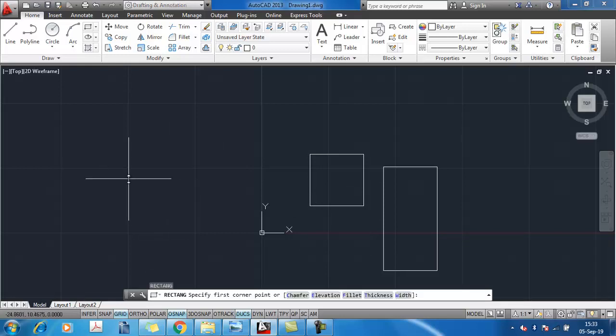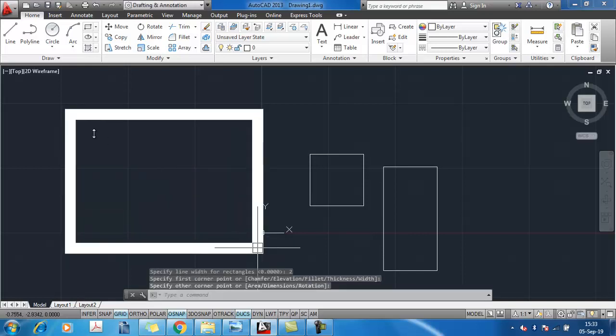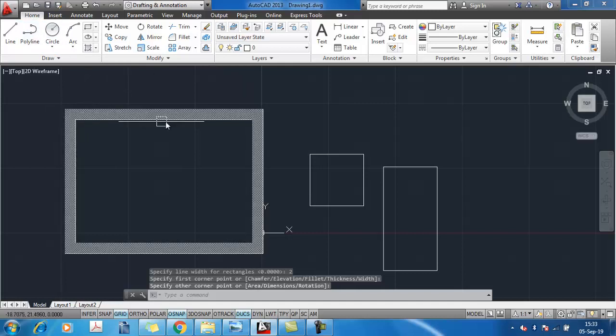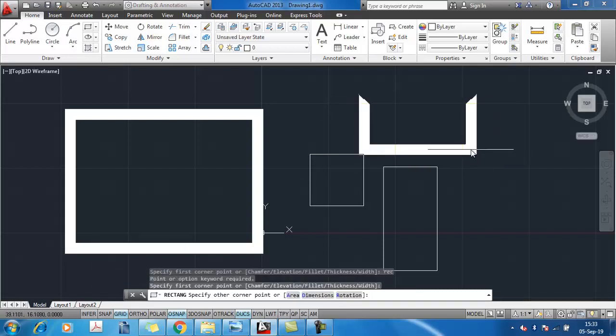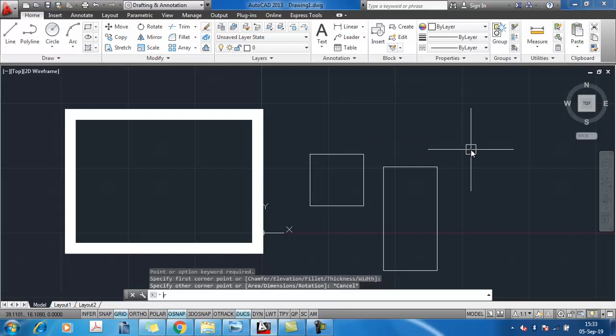if you want to change the width for the rectangle, press W for width. I want 2. First corner and second corner. Let's make a rectangle, but with a line width of 2. Now again we press the rectangle command. Again, if you want to change your width back to the original form,